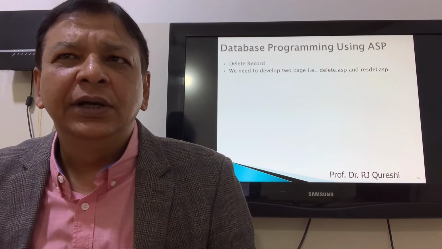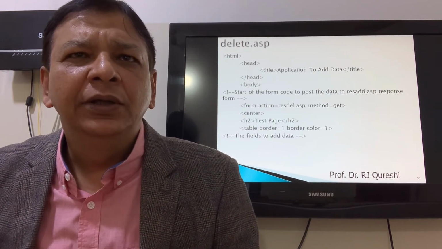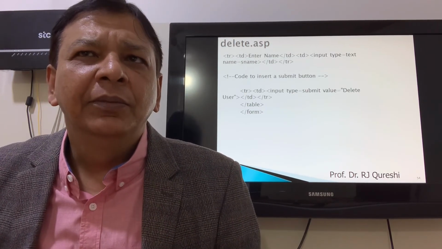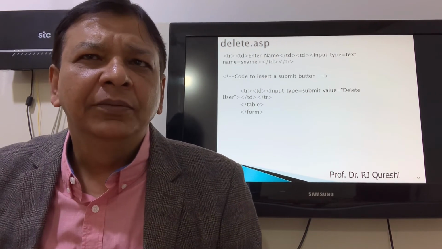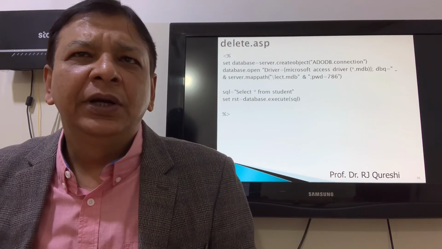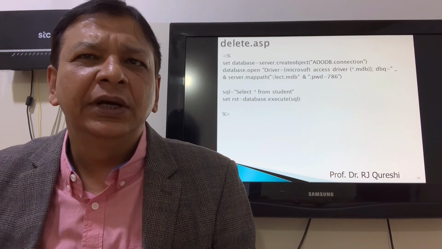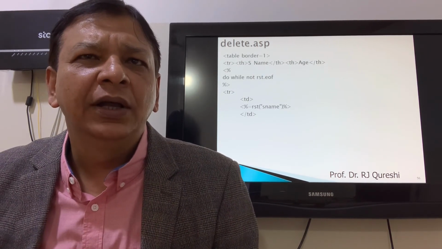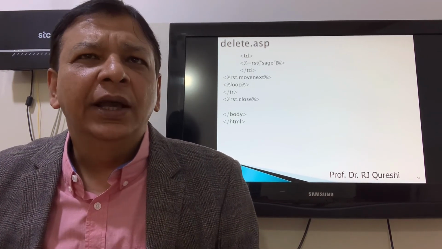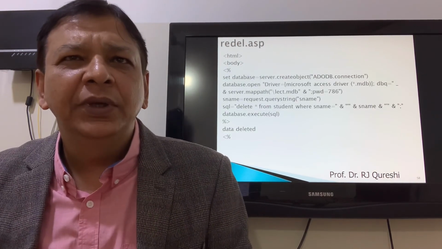Delete record. We need to have two pages, delete.asp and res.delete.asp. delete.asp: HTML head body, the form, action equal to res.del.asp, method equal to get, enter name, input type equal to text, name equal to s name, input type equal to submit, value equal to delete user, set database server.CreateObject, the connection string, SQL equal to select from student, set record set equal to database.execute SQL, recordset.EOF, close the script, open script, rst s name, rst s age, rst.MoveNext, loop, rst.close,